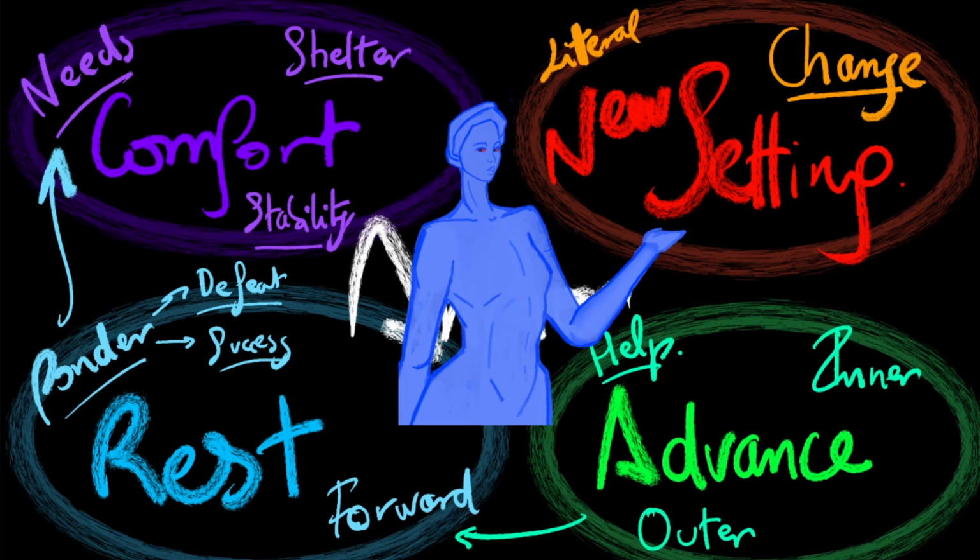That can be brought by enough change in a known setting, because a known, already established setting can turn new, can be made brand new if you, for example, add a new part to this setting, because there is this hybrid option